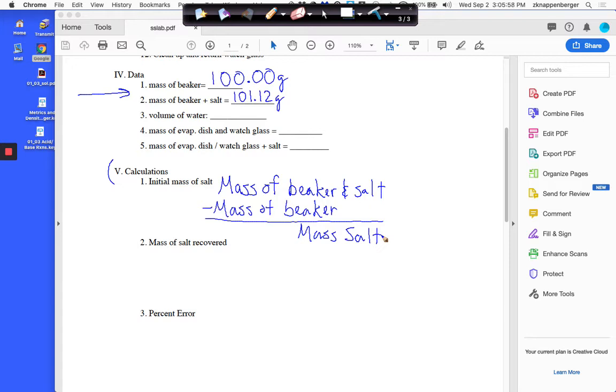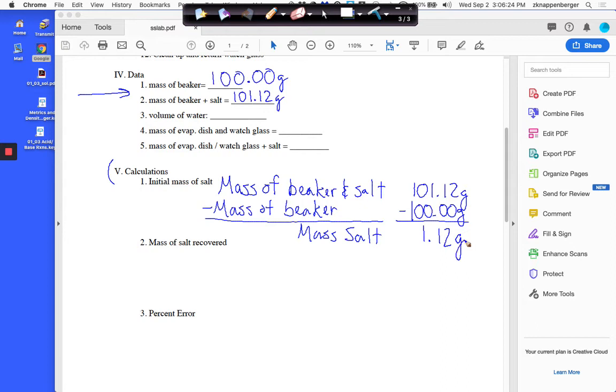Notice how we've organized this in columns. It must be organized like this, and then we'll skip a little bit of space and bring our numbers down. So the mass of the beaker with the salt is 101.12 grams. The mass of the beaker itself is 100 grams. And when we do this subtraction, we get